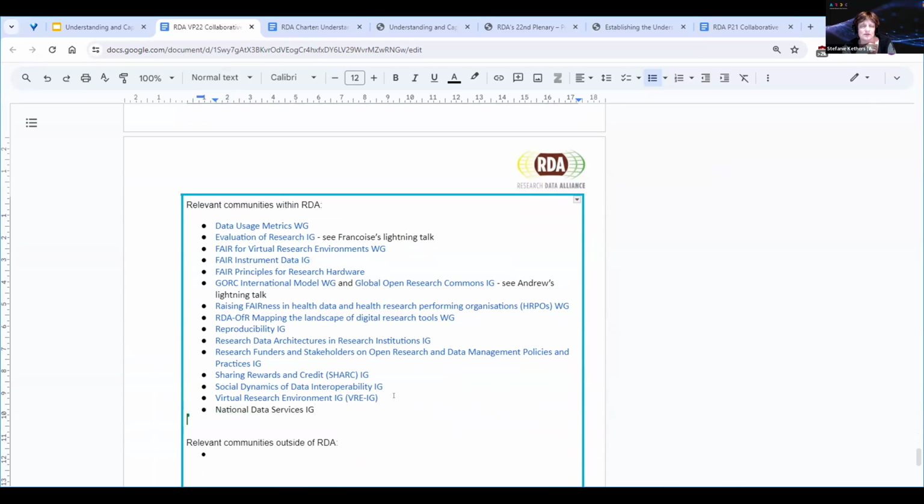So our questions here would be, which groups or which communities do you think we should engage with? Or also outside of RDA, are there communities that you know of that the group should be engaging with and working with? Also, for example, Francois spoke about the evaluation of research interest group. Andrew spoke about the GORC interest and working groups. So hopefully Francois and Andrew would be